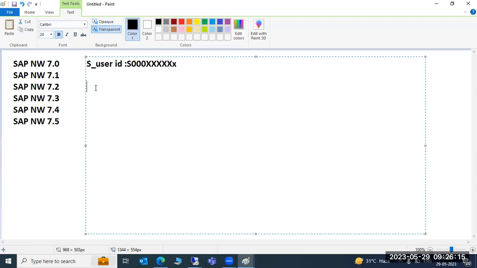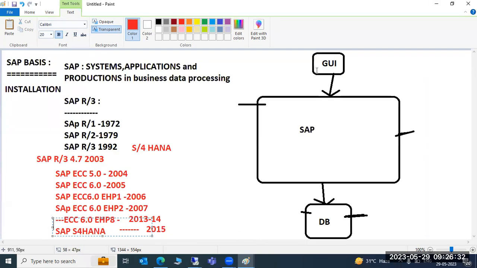Then you can raise a request again, you will get the access, and then you can download whatever you want. You can download, you can install. It depends upon the customer need. Okay, this is about the versions, and how and where to log in, regarding our access procedure. Okay, so this is fine. Version information, no one will ask you, but for the sake of your knowledge, I am discussing this in the first class itself.